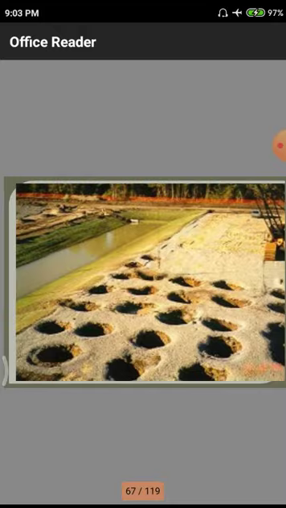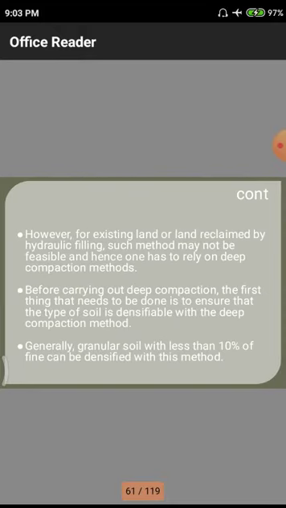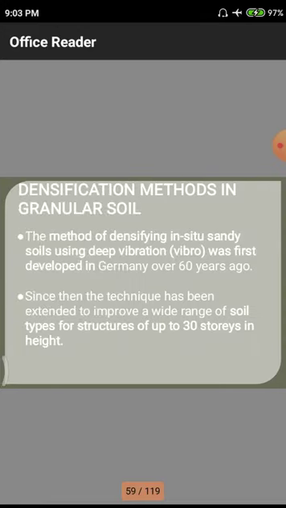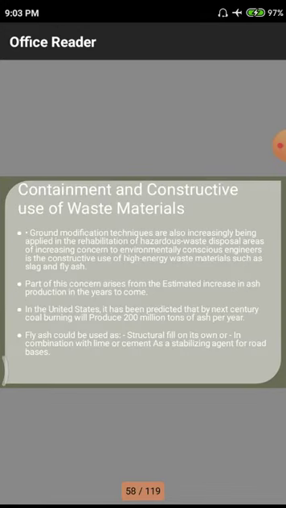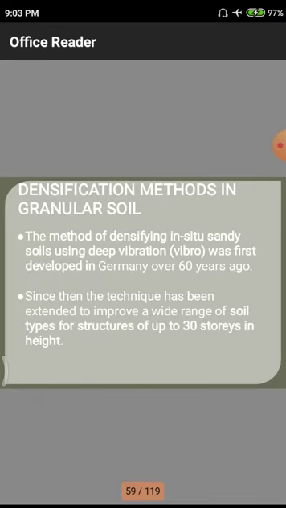Once again I will recall all those points. Today we started from this point: what are the different construction waste materials? The waste materials coming from different industries, we need to have some utilization factor. Why? Because we have to utilize them properly for upcoming generations also. Whatever material is lying on the earth also belongs to future generations, so we need to have proper utilization of these waste materials as part of our construction.